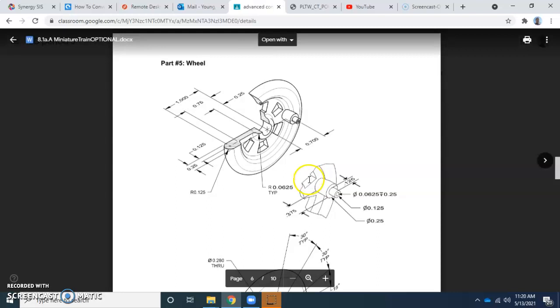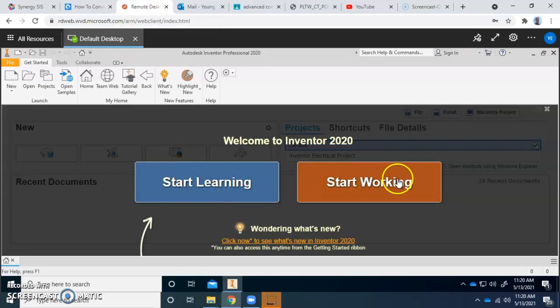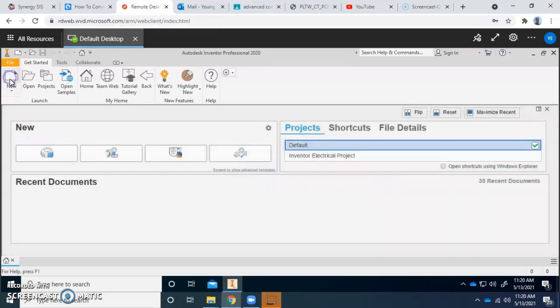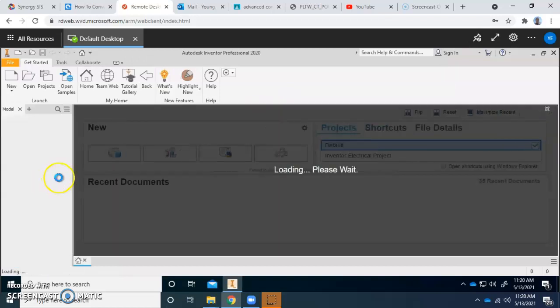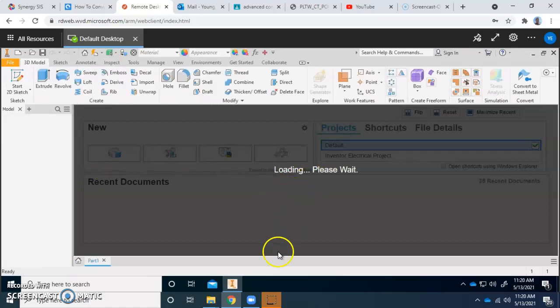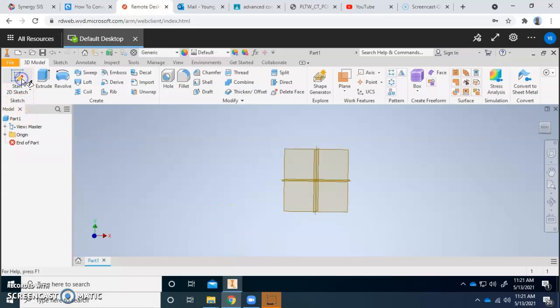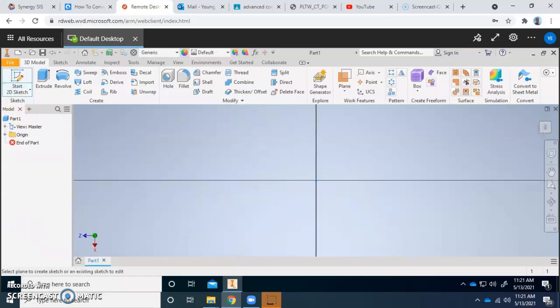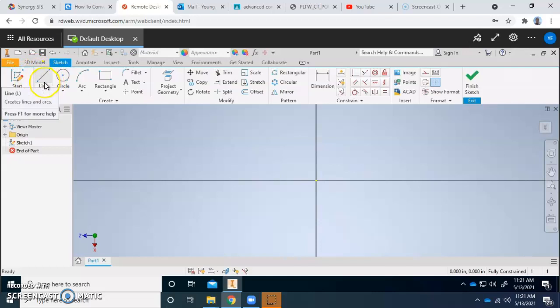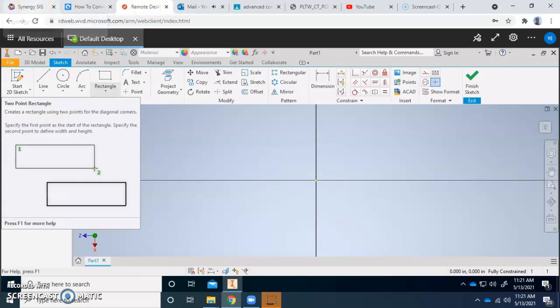I'm going to go at warp speed here to get this completed, hopefully really quickly. We did draw it. I'll start from the beginning so everybody's on the same page. Back here in remote desktop, we're going to start working. We want an IPT. It was pointed out to me that I never actually finished it. We all have off days. Okay, so the first thing we want to draw here is